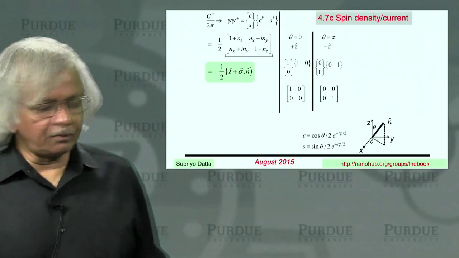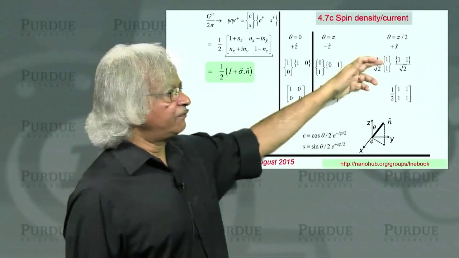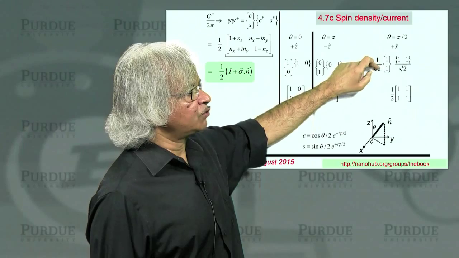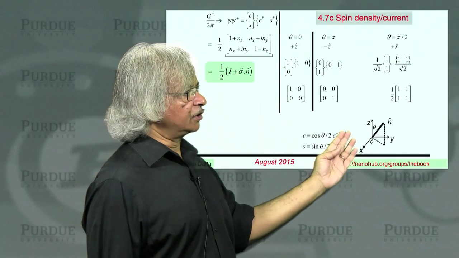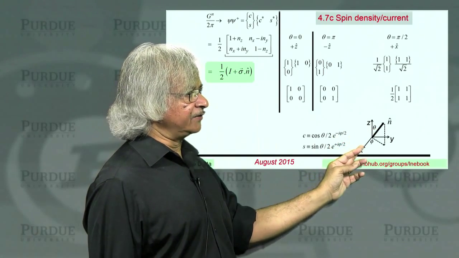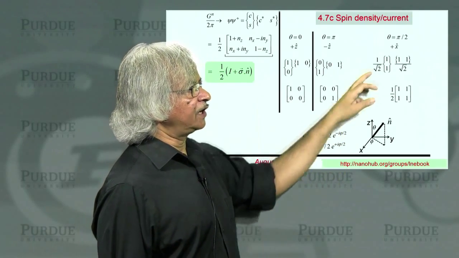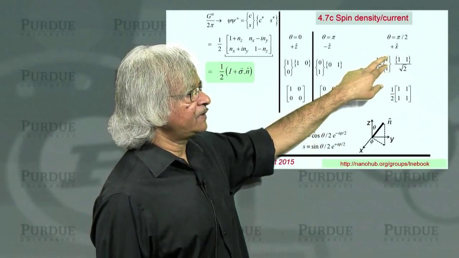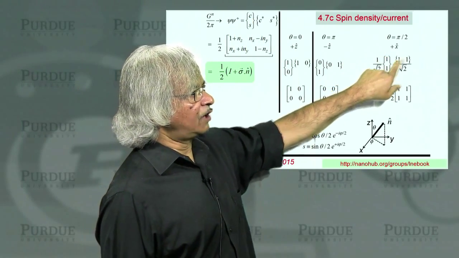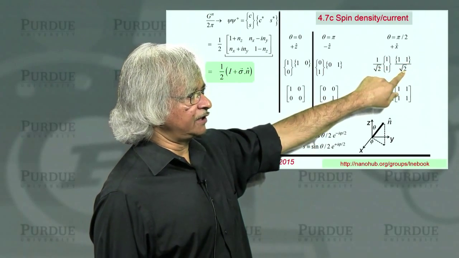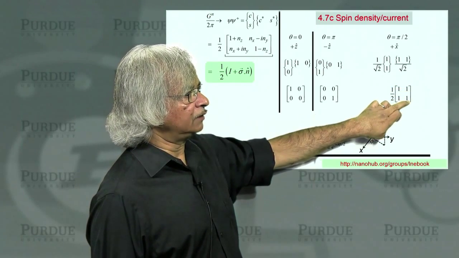Now what about a spin that points along the X direction? Then you can show that your wave function would be something like 1 over square root of 2 times (1, 1). Why is that? Well, phi is 0, but now theta is 90 degrees. So this is like cosine 45, which is 1 over root 2, and this is sine 45, 1 over root 2. So that's the wave function. And so you have to multiply it by the psi dagger. So the dagger is (1, 1). And of course, you still have the divided by square root of 2. So when you multiply it out, you get half of [1, 1; 1, 1].